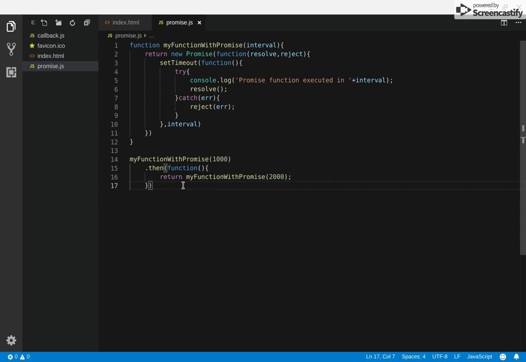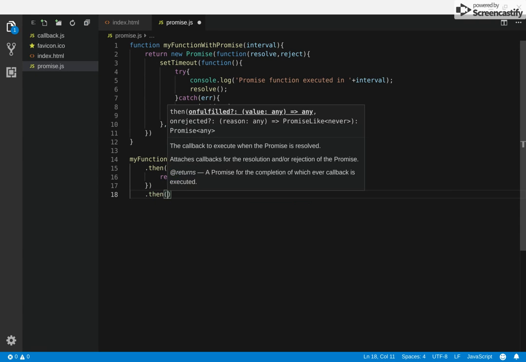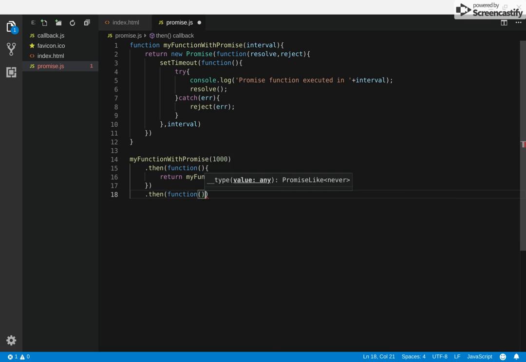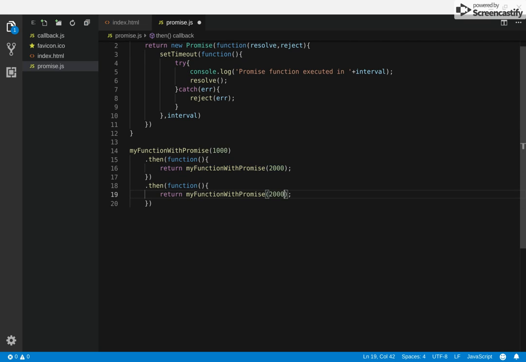This is something that you have to keep in mind. It might be a little difficult to wrap your head around at the beginning, but it's not that difficult to understand once you practice it a little bit. So again, I'm going to repeat: you just pass in a function that returns your actual promise within the resolve method. So I'm just going to call this once more